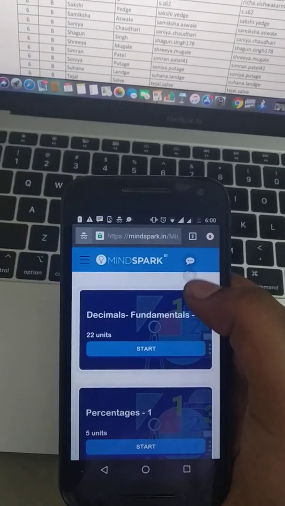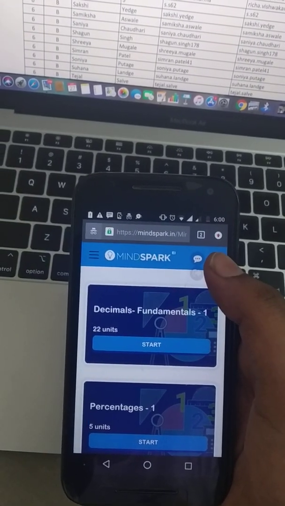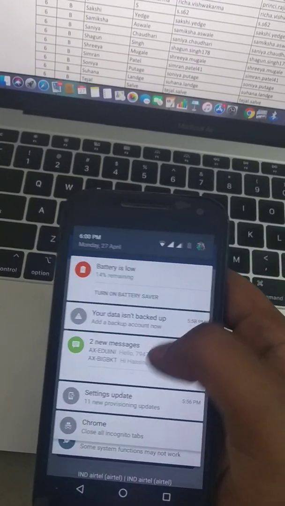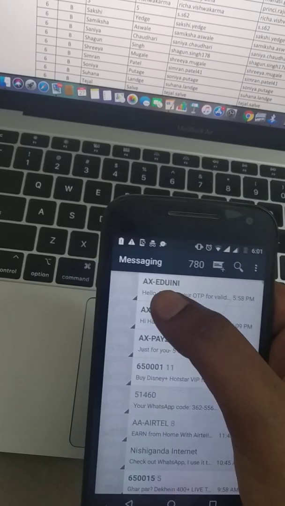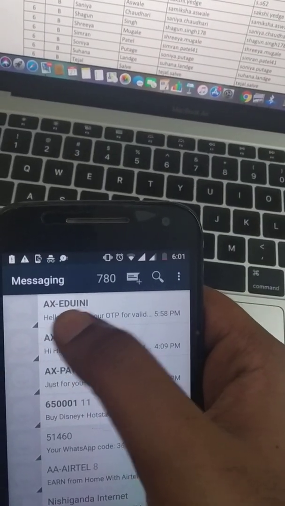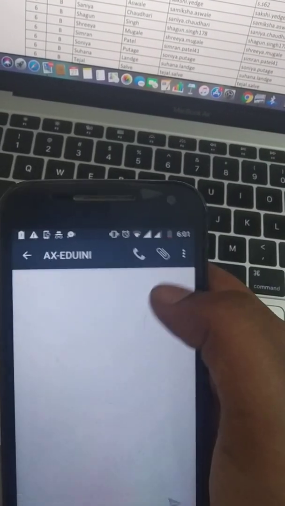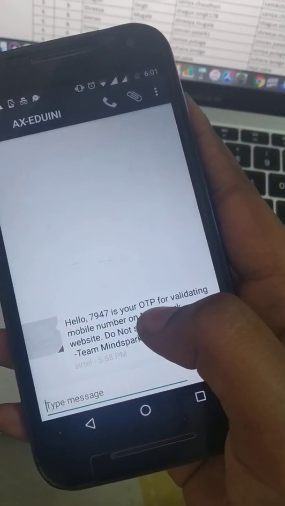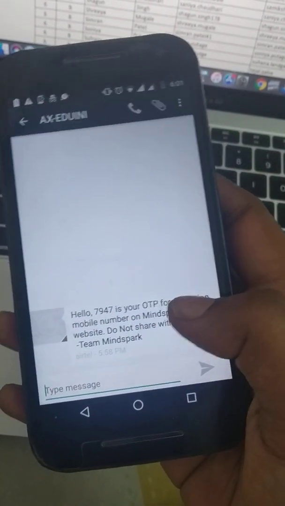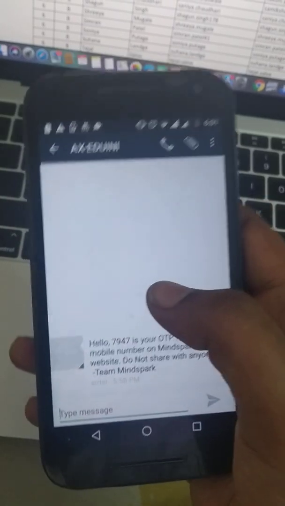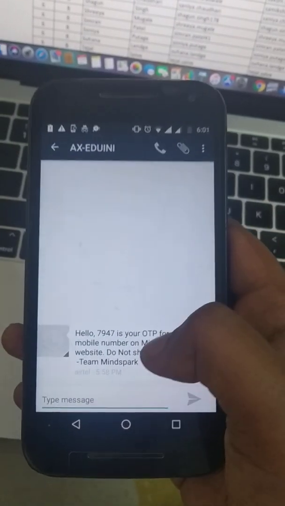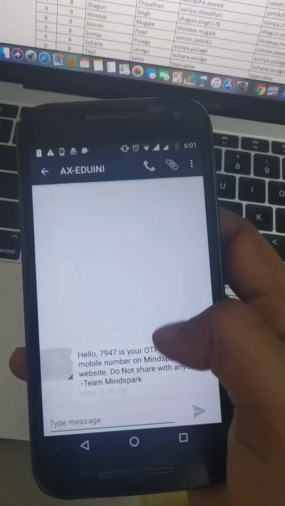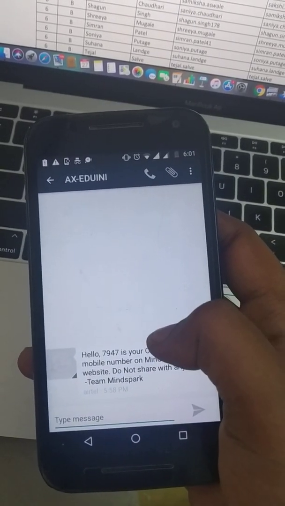Also, in case you are again doubtful, Miss Hasini, how will the phone number OTP be done? If you go to your messages, there will be a message sent by this. And if I go to that message, you can see 4-digit numbers as OTP. Please don't confuse your email address OTP with your phone number OTP. Email address OTP should be typed near the email address. Phone number OTP should be typed near the phone.